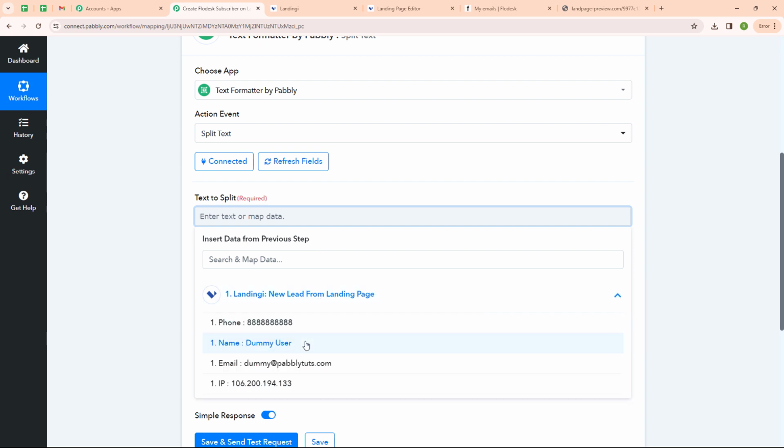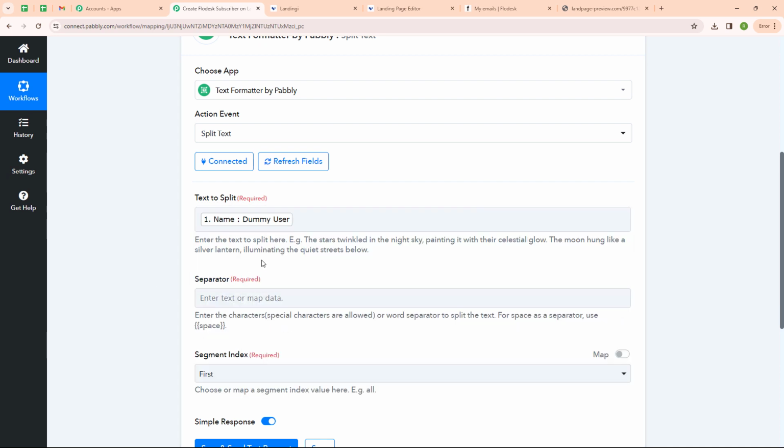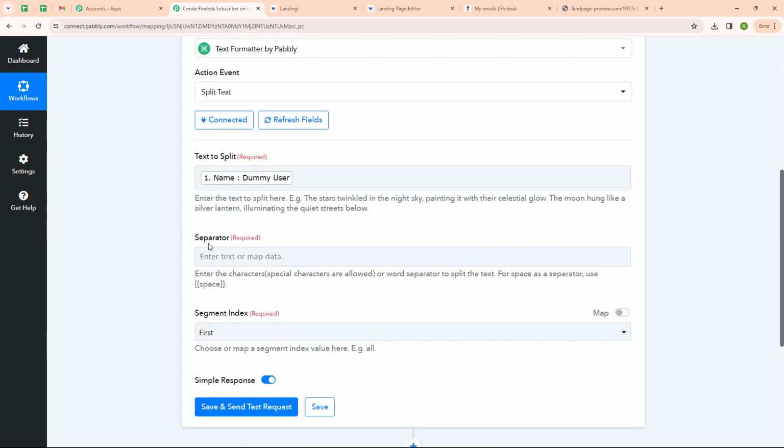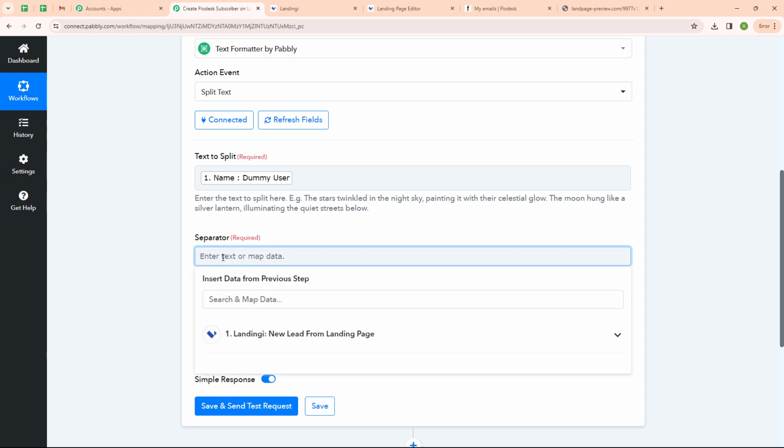So here I have to split the name. So here I am going to map this name. And moving forward, here it is asking me to enter the separator. So here I will enter the separator. So here I want space should be a separator for my text. So here I am going to enter